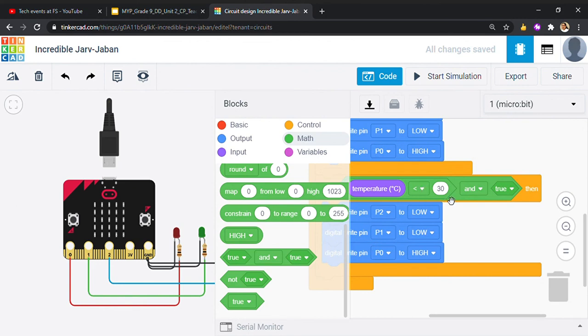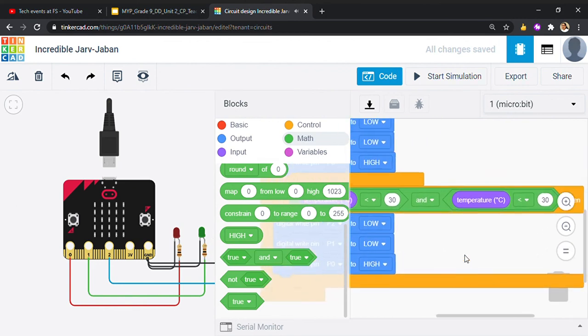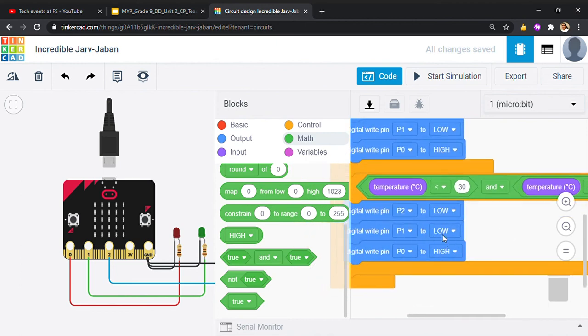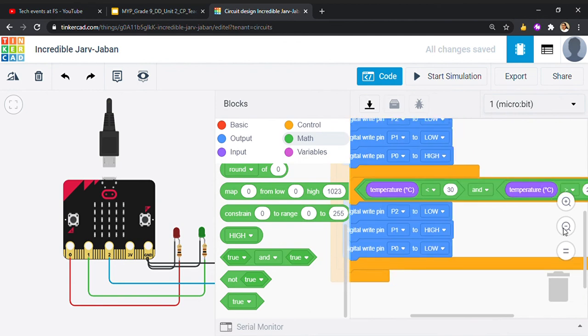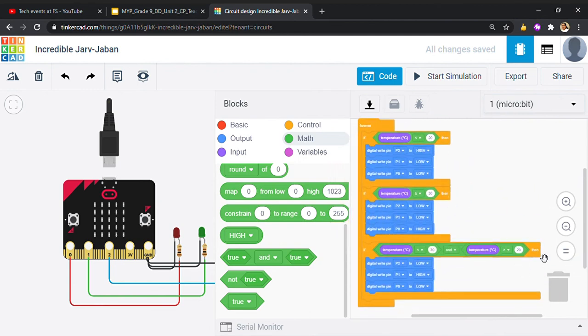If it is less than 30, and then we can just duplicate this block, and it's greater than 20. That is our ideal temperature, and we want P1 to be high and everything else to be low. And that's our code. I can zoom out so you can see all of the three conditions, and that's pretty